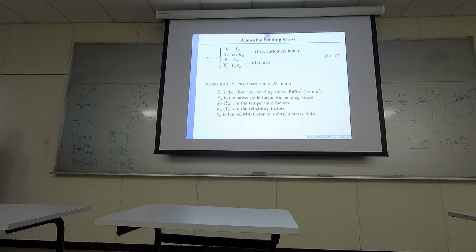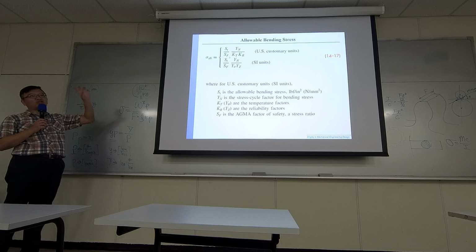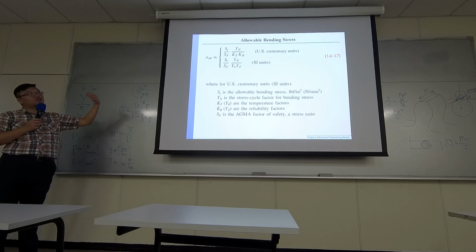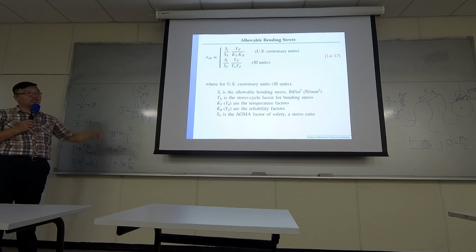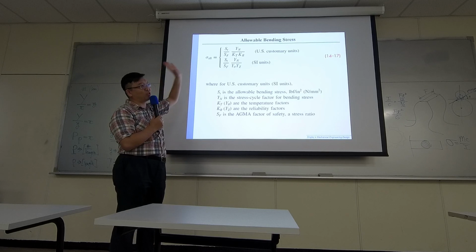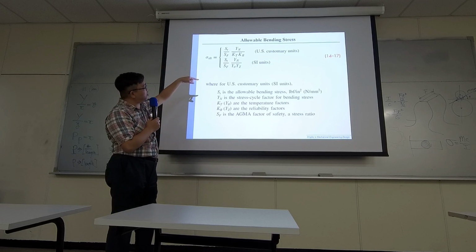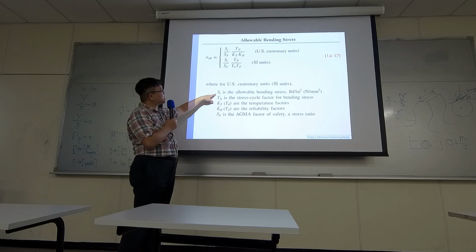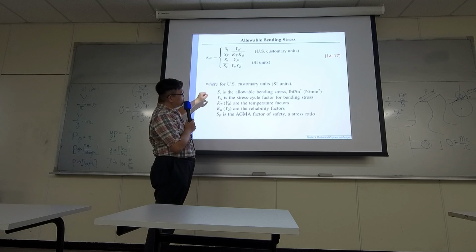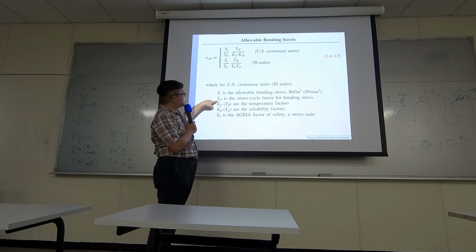Here, allowable bending stress. So what we had earlier was just to compute how much stress is being applied in the teeth. But what will be the limit? Is it just yielding strength? So there are also equations for the allowable stress, and there are also correction factors for the allowable stress. So ST is the allowable bending stress. So usually you can use the yielding stress. Y basically,